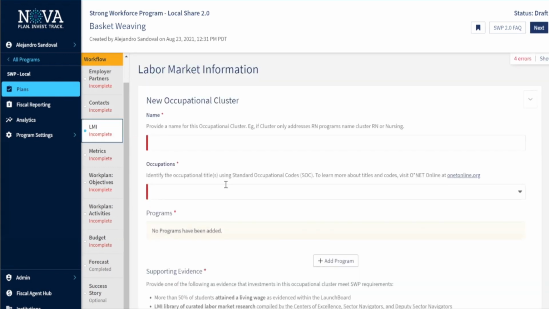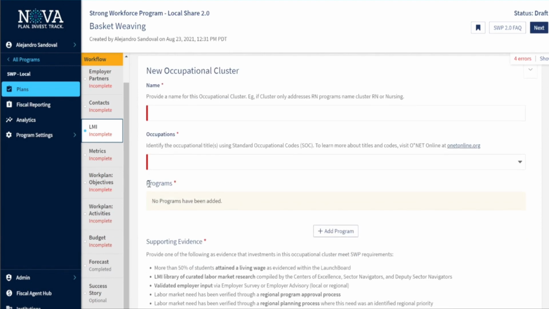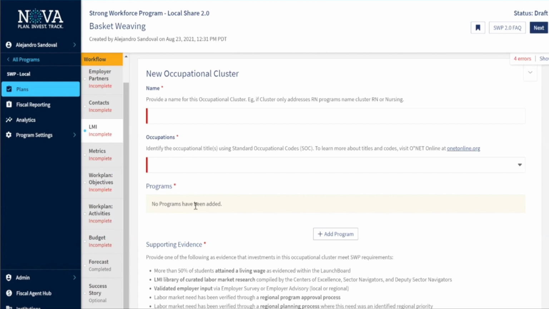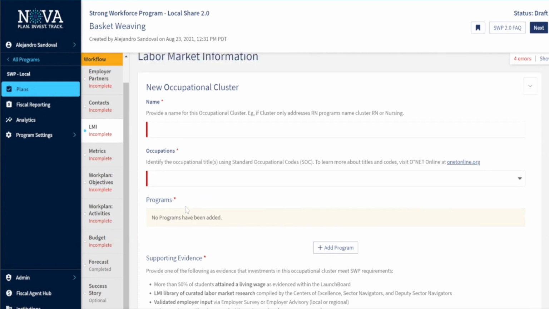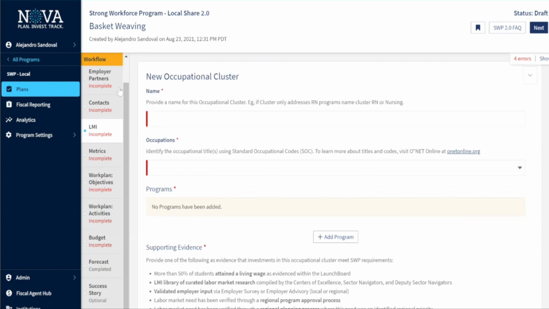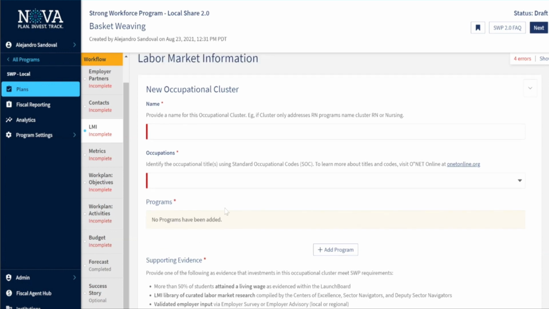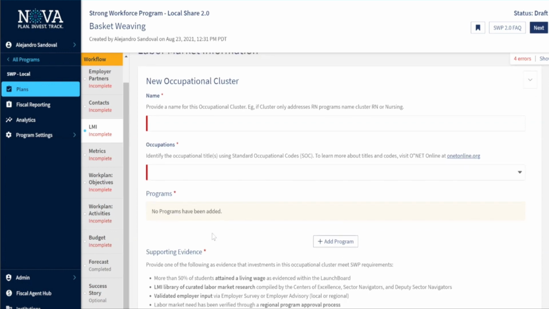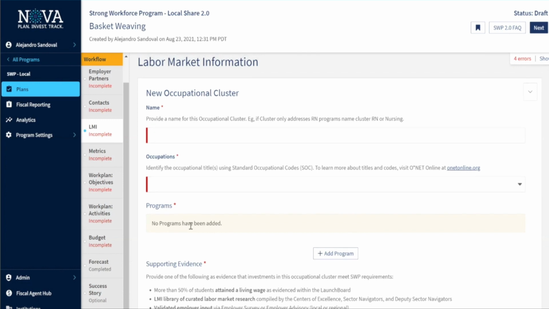After you add the contact information, you'll go to the LMI section. The new update here is that you have to automatically add a program to a project, and this plan has to have a program for it. You can add multiple programs if it has multiple sectors in this program. But you can no longer just continue on without having selected any programs. This was a bug, but it's now been fixed.